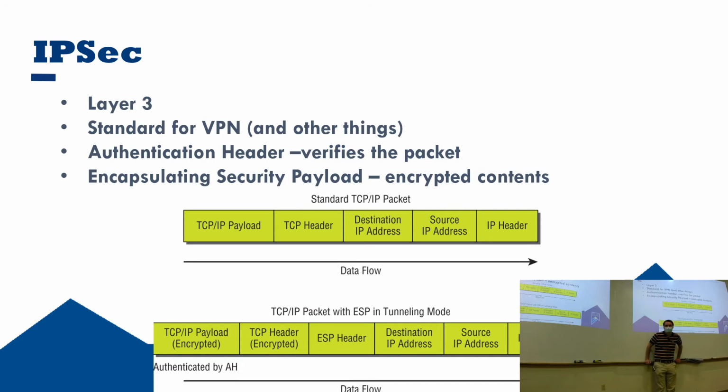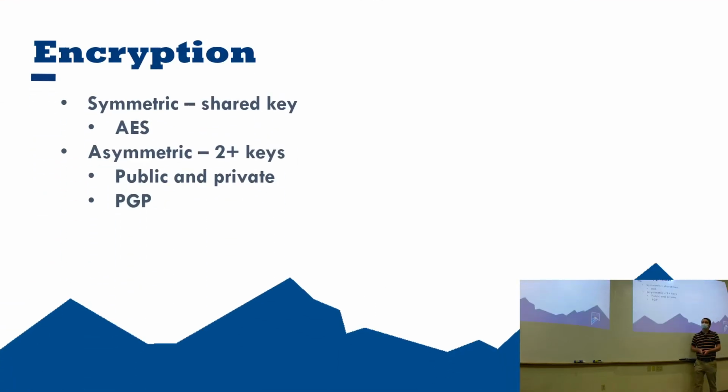Any questions about it? And you can apply different encryption to it. Like I say, we're not going to cover that too much this semester. It's more of a next semester topic. Just understand it. So, speaking of encryption, 2 major types: symmetric, asymmetric. With symmetric encryption, you have a single key to both encrypt and decrypt. Asymmetric, you have 2 keys. Most of the time, it's going to function as a public and private key,